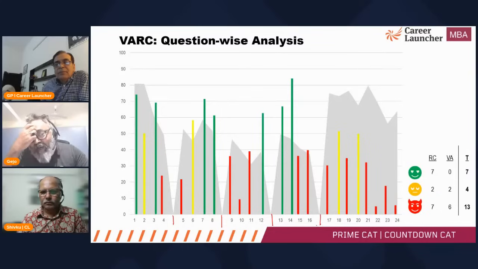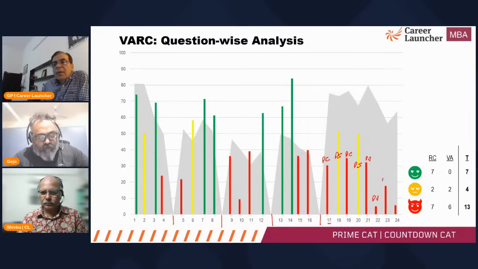And the two paragraph jumbles, I would say, are unnecessarily difficult. I can admit that. If I look at questions 17 to 21: 17 is a paragraph completion question, 18 is a paragraph summary question, 19 is a paragraph completion question, 20 is paragraph summary, 21 is paragraph jumble, 22 is paragraph jumble, 23 is paragraph summary, and 24 is paragraph jumble. So basically, if you look at the paragraph summary questions,